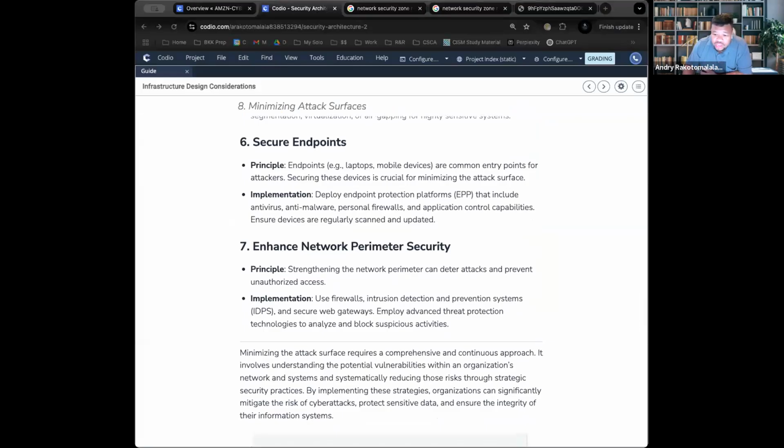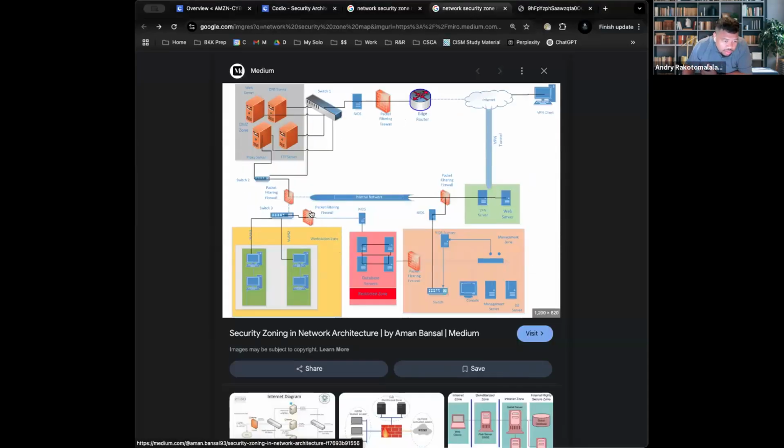Endpoint security. So endpoint security is essentially when you put antivirus on your computer or when you put a firewall on your computer. Now, keep in mind, just like you see here, you have a firewall that's on the network, but you don't have to have the firewall just on the network. You can also have a firewall on your host computer, at the end computer. That means that if someone bypasses all of these firewalls and tries to access your computer, you still have a firewall on your computer that could potentially catch it.